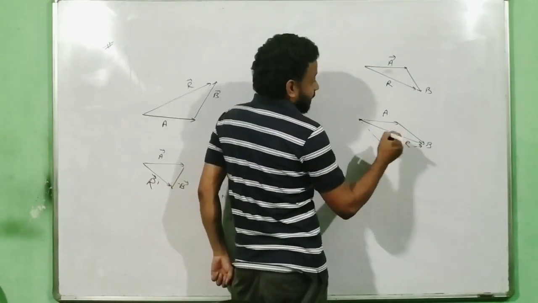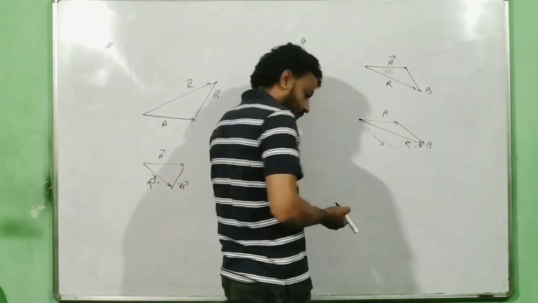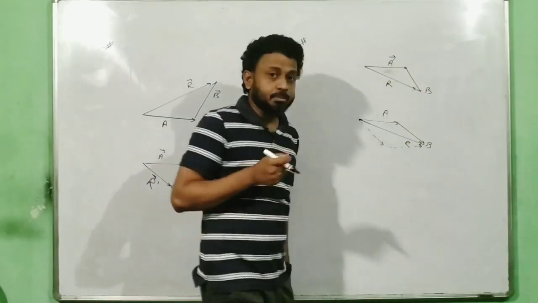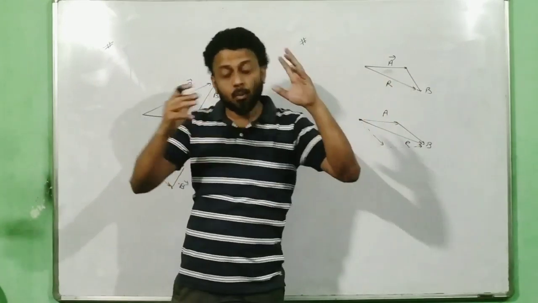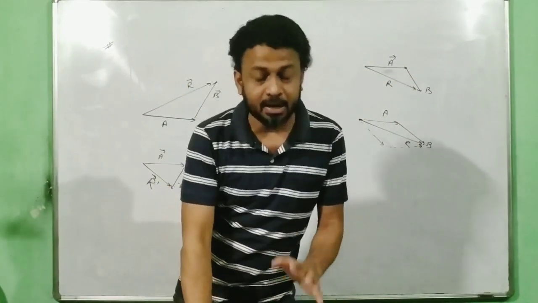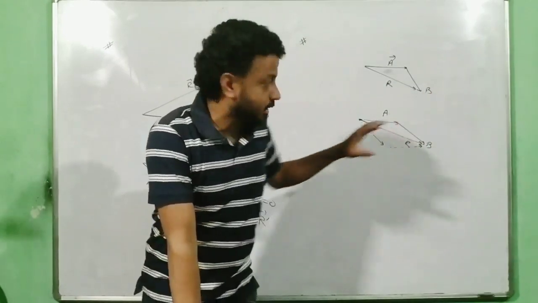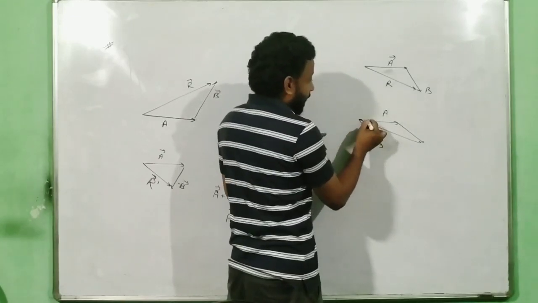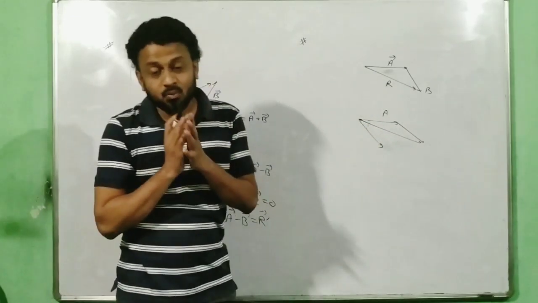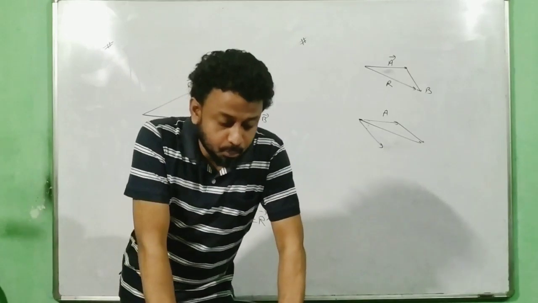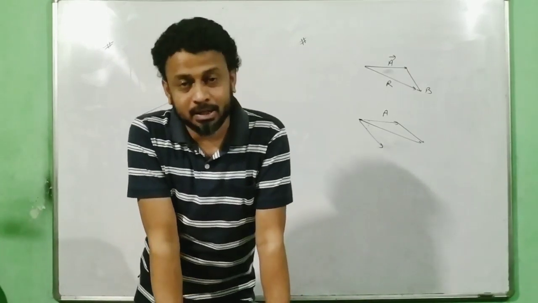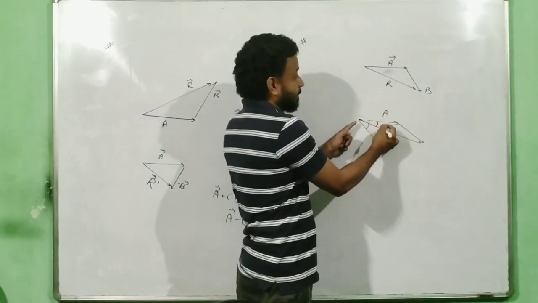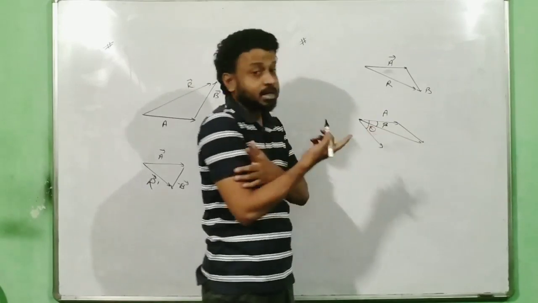Now if I consider the resultant, so here if I consider A and B, I asked a question, what is the angle between A and B, and I said that the angle between A and B is an acute angle. That part is clear? Okay, so the angle between A and B was an acute angle. Now what is the resultant angle? Will it be more than that acute angle, or will it be less than that acute angle? So the answer here is, if this is my acute angle theta and the resultant angle is beta, let us say, then beta is obviously less than theta.